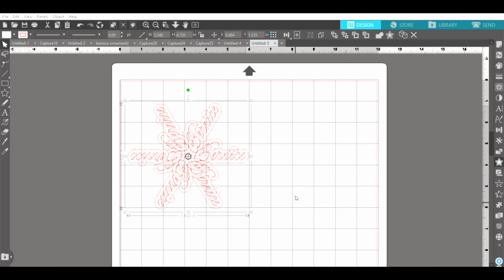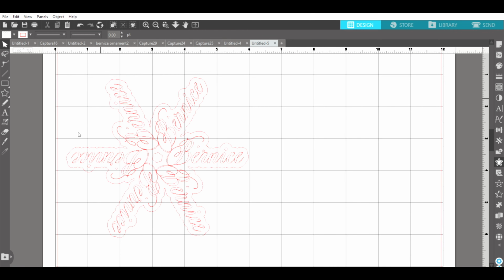Okay, now I'm going to weld my offset. So I go up to my weld. Say weld. All right, let's take a look at this. We're going to make this a little bit bigger to make sure that it looks the way I want it to look. Okay. See these little dots here? I don't want that, so I'm going to